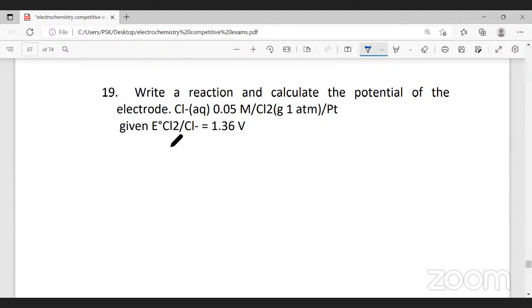Electrode potential of chlorine to be 1.36 volt. Now, they're asking you to write the reaction. When I said write the reaction, here the charge on chlorine is -1. Here the charge on chlorine is 0. That means chlorine is undergoing reduction. There is no chloride ion existing free like this. Therefore, we are supposed to write the reduction equation as half a chlorine molecule, and this half a chlorine molecule will accept an electron